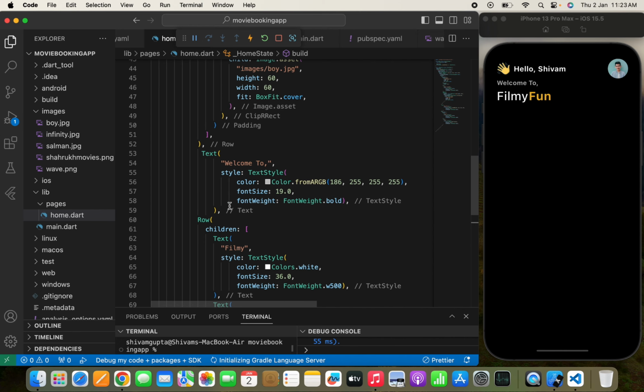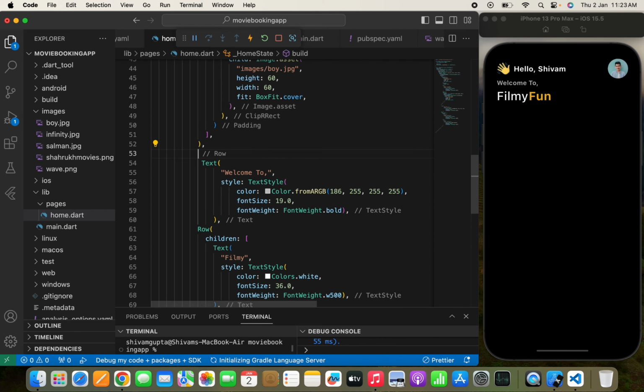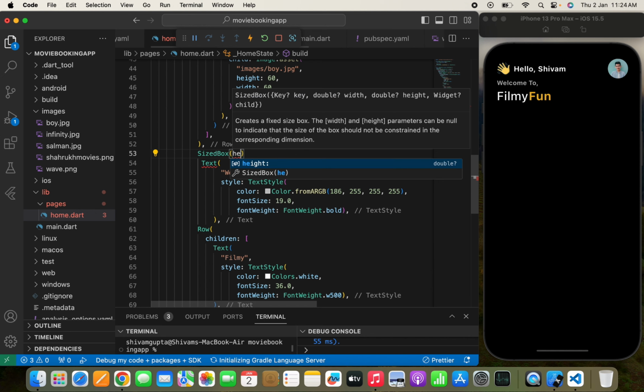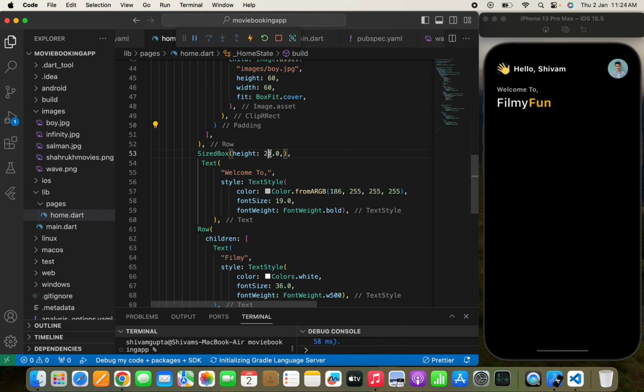and if you want you can provide some space, it's up to you, like how attractive you can make it. Let's pass 20. 10 is okay, 20 I think will be too much. Yeah, now once we have shown the hello text and welcome to Filmy Fun, now here I will simply show